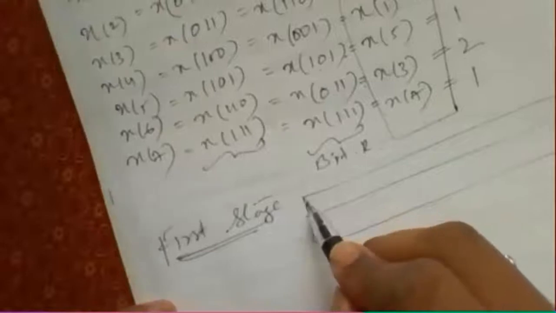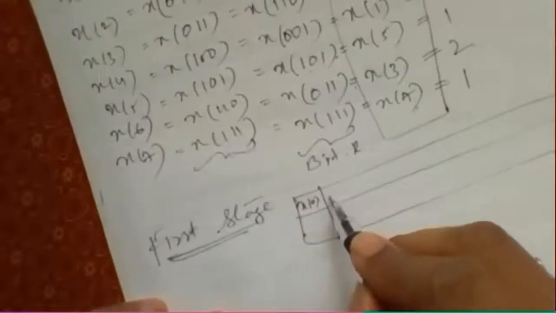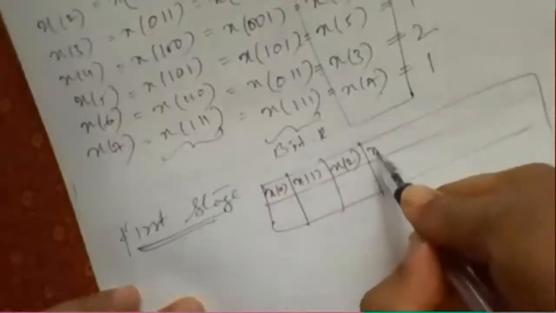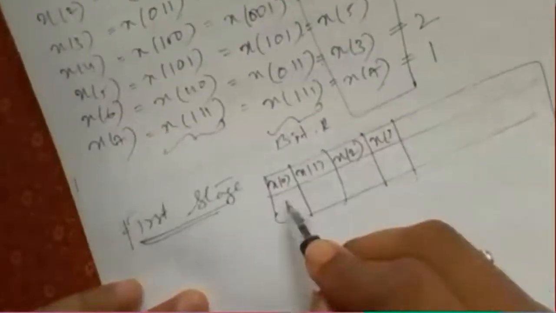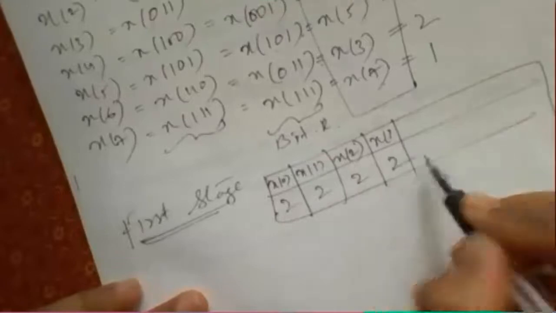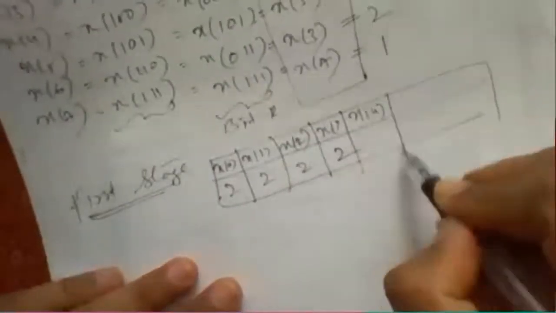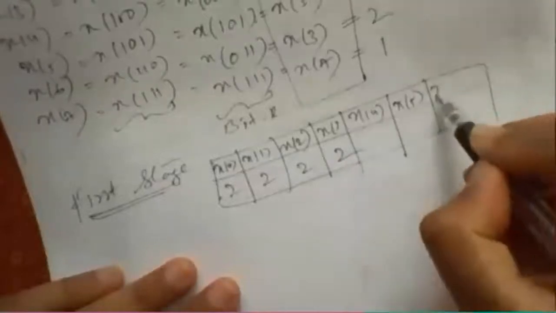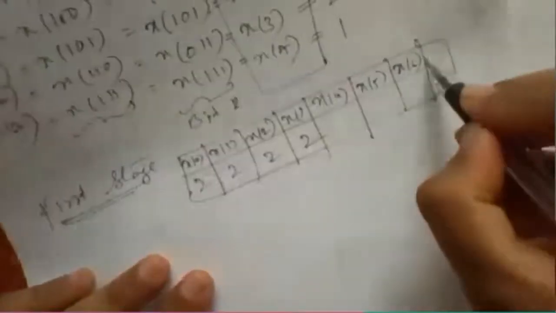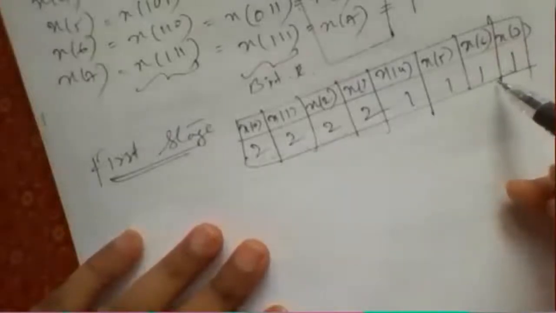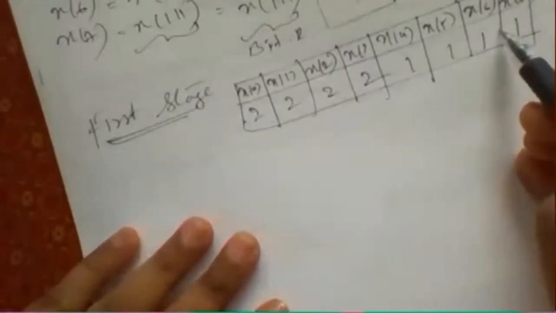Okay, you just write a table like this: x of 0, what is the given value, then x of 1, x of 2, x of 3. So from the given problem, 2, 2, 2, 2 are the first 4 samples, then x of 4, 5, 6 and the last one 7 are 1, 1, 1, 1. So first write down the given problem like this, input samples, so later on you can easily identify what is the value.